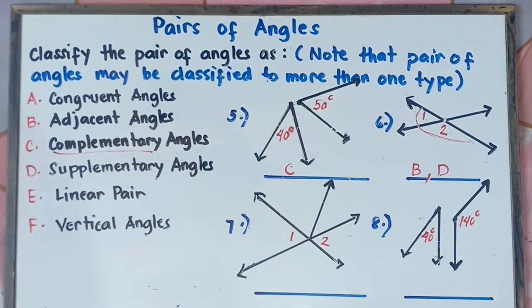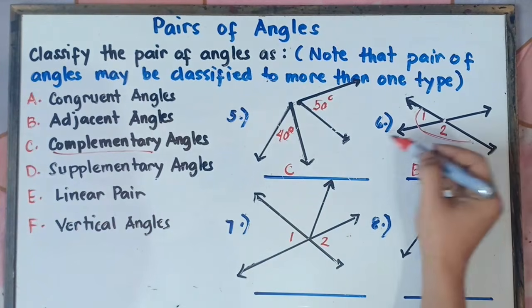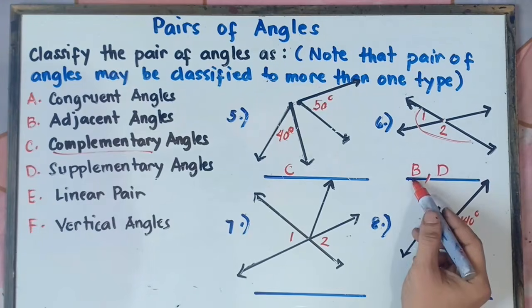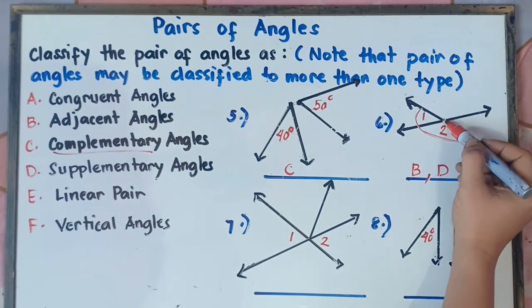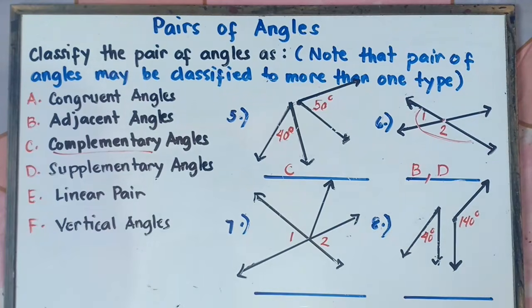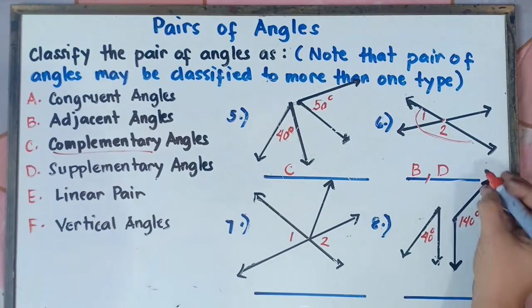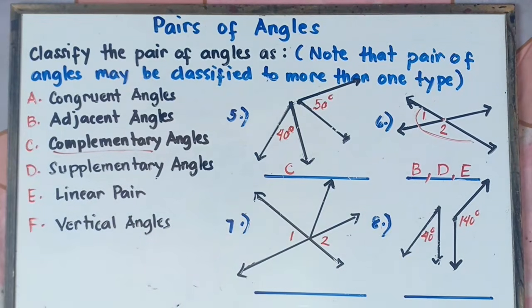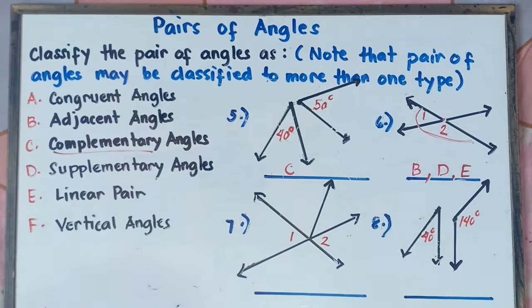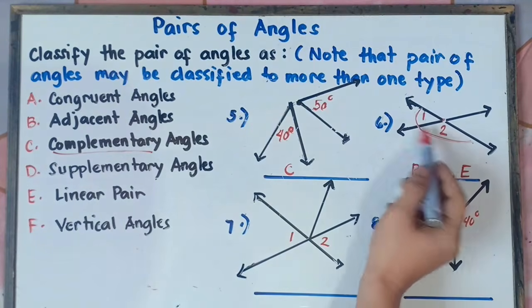Alright, so can we call this one linear pair? Yup. You can call this one linear pair because this will be adjacent angles. Once again, we answered a while ago, letter B, adjacent angles. They share a common vertex and they share a common side. And then they add up to 180 degrees. Therefore, this will be a linear pair. And then vertical angles? Nope, you can never call that one vertical angles. Angle 1 and angle 2, those are not vertical angles.